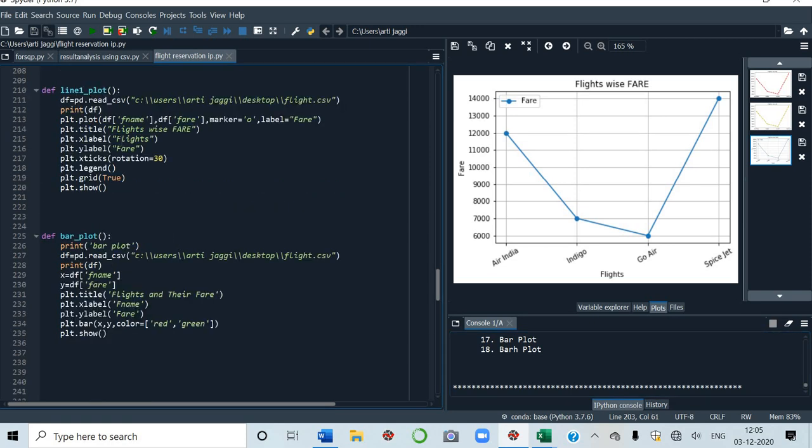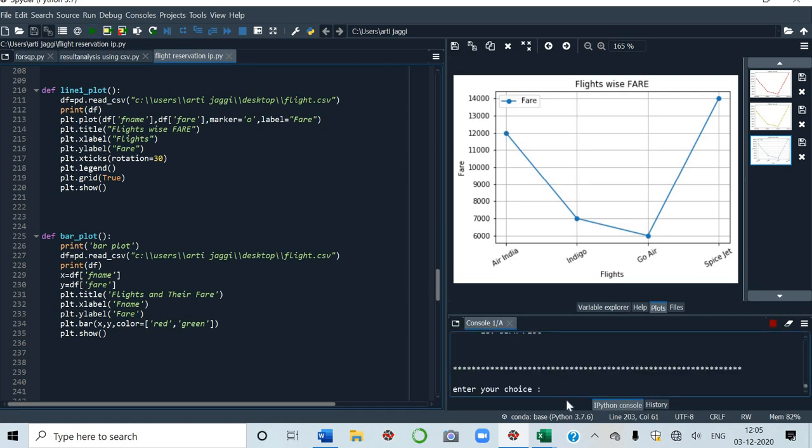Let us see the coding, students. See here, I have given rotation is equal to 30. Done? Clear? And grid is in the bracket, you have to give true. And legend is also there. plt.legend, plt.grid, true. And rotation is equal to 30. Rest of the things are same. Marker is equal to, you have taken this symbol, then label is equal to fare. Done. Now it is done. Now we have to run number 17.